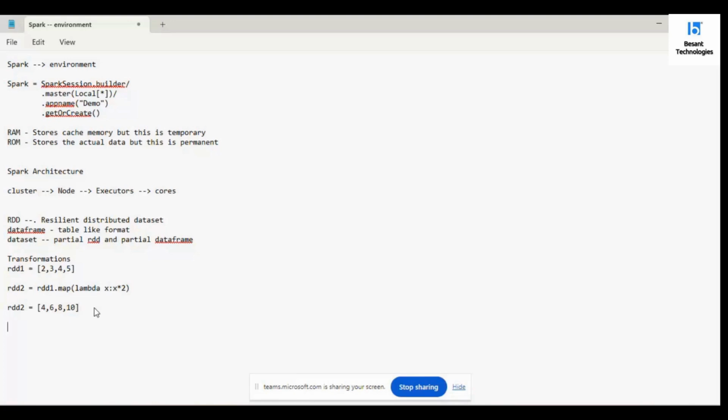And transformation, you know that whatever logic, business rules we have applied, that comes into the picture. So this is kind of a business rule we can say, and this is the transformation we have applied in this scenario. Now coming to the other two types of transformations: narrow transformations and wide transformations. So before going into this,